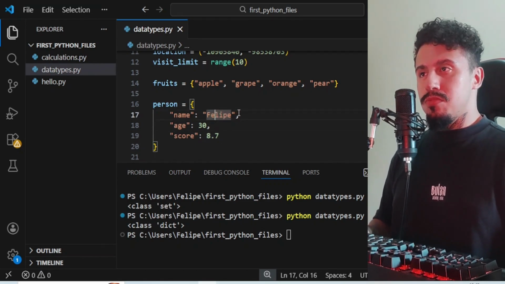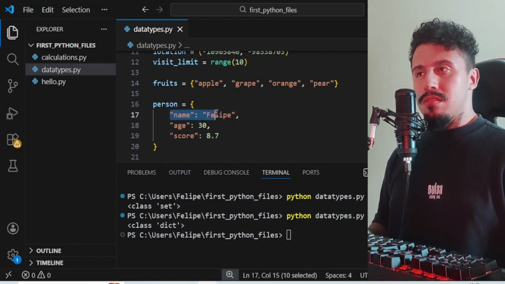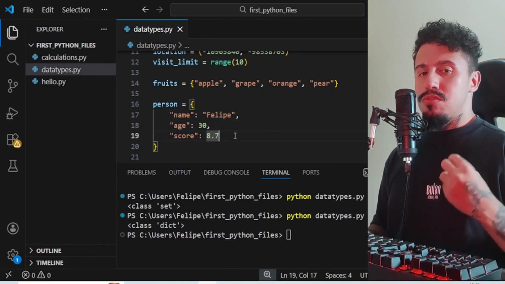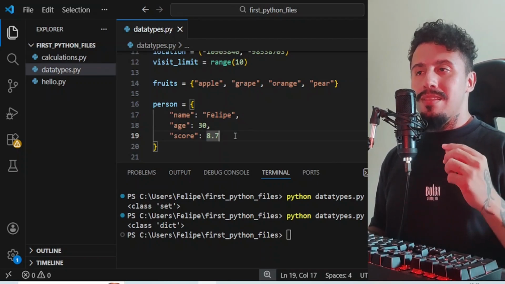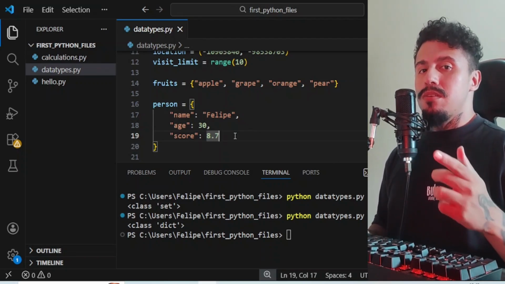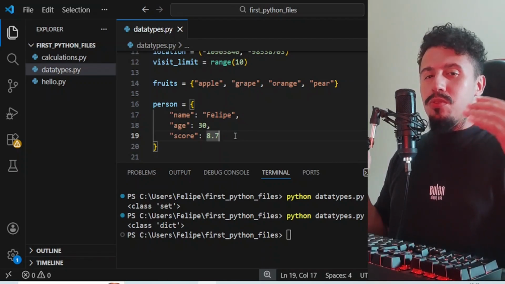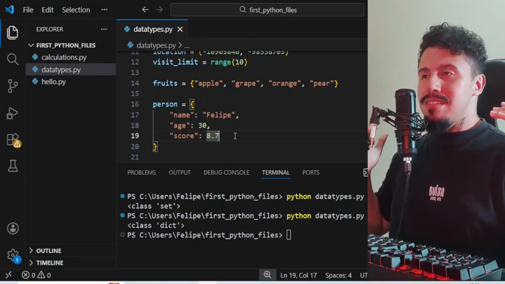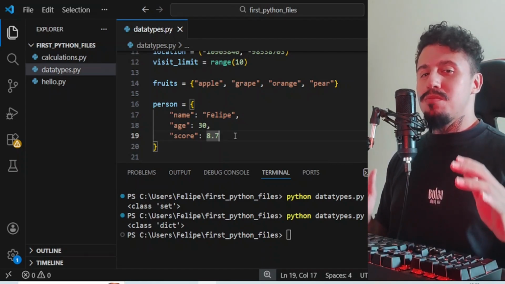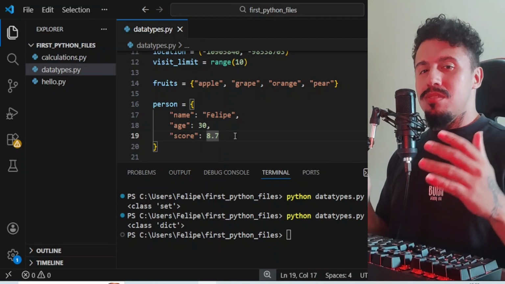The comma is just for separating the items and to signal to Python that there's another item in this dictionary, okay? So you could put many keys and values here, and this structure is probably the most used structure